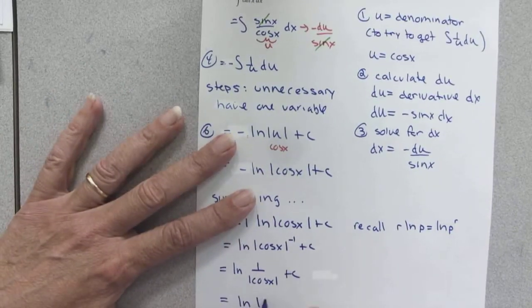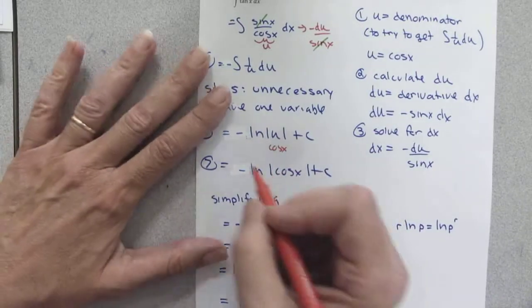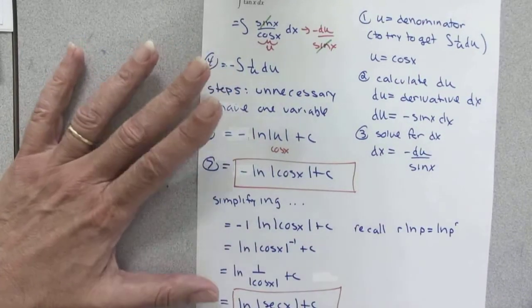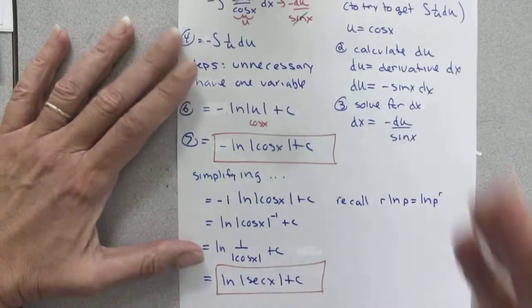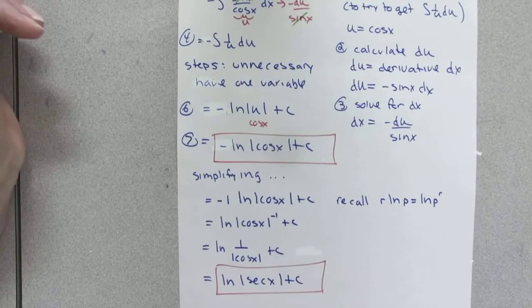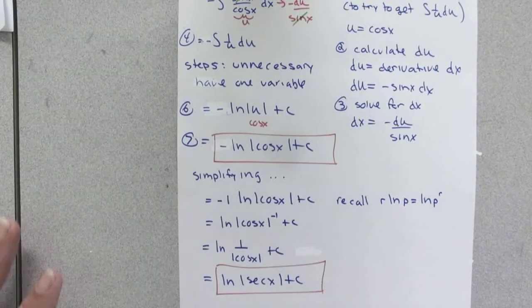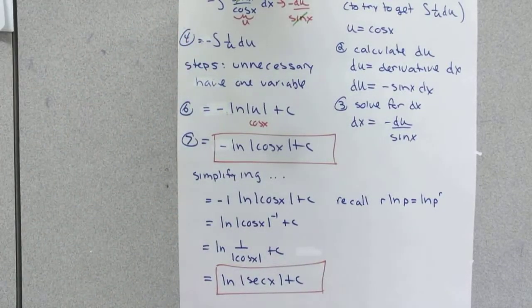Which would be the natural log of the absolute value of secant x plus c. Both of these are completely acceptable answers. And so what I suggest you do, now you could figure out the integral of cosine, the integral of tangent every time you need it, you could figure it out. But I actually suggest that you memorize, and it'll be on the next page, so I won't write it down